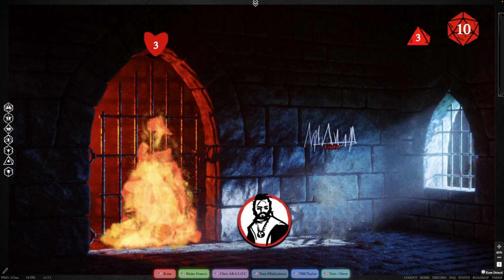Okay, and sorry, I was going to say, what would you like to do? I'm going to keep picking the lock of the bars. Okay, weapon, I imagine, or tools. Yes, weapon and tools. Cool. So plus one. I have a 5, so that's